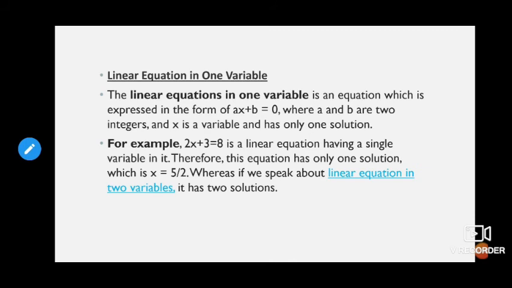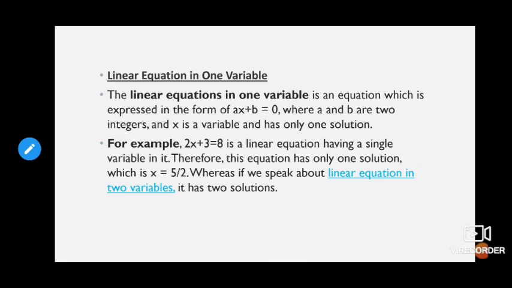And here we can see one more word, that is linear equation with one variable. It means a linear equation which has maximum degree 1 and has only one variable in that equation. That variable may be x, y, a, b, anything. Only one variable should be there. Then we'll call that a linear equation with one variable.